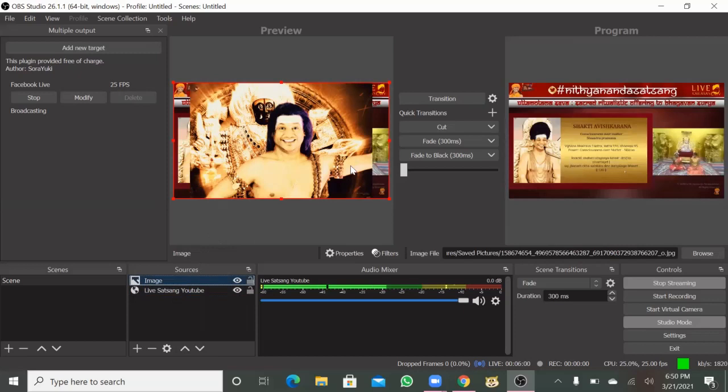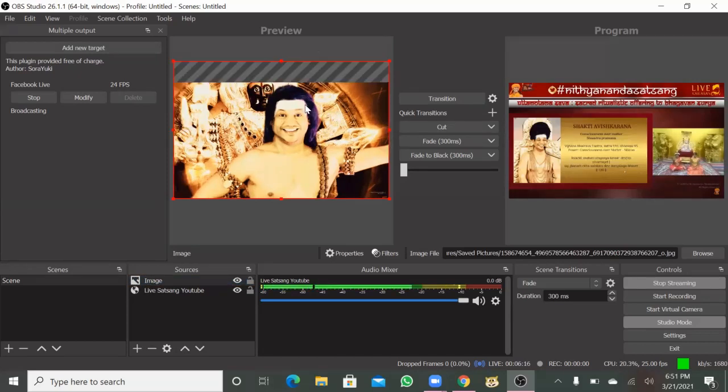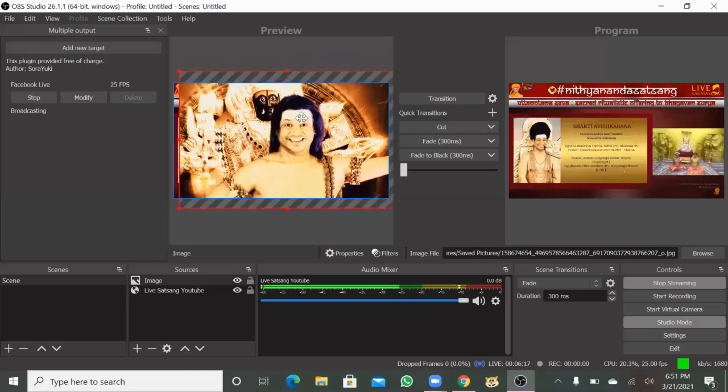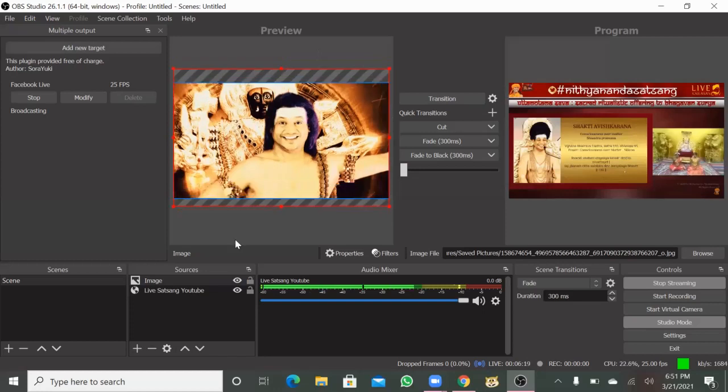So in order for me to cover the whole screen with this image, you'll see these 4 points. If you click on the image here, you'll see the 4 points in red where you can adjust the size. So just hold shift on your keyboard and drag one of the edges till it occupies the full screen, and then you can move it around. And now you have this image to cover your background.